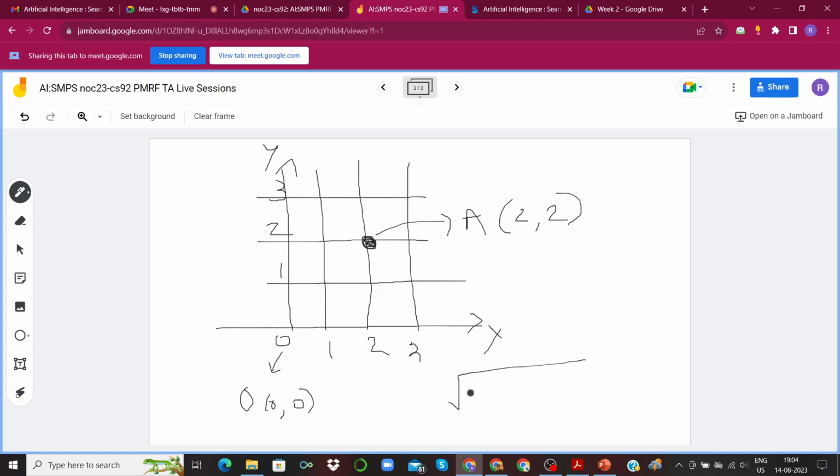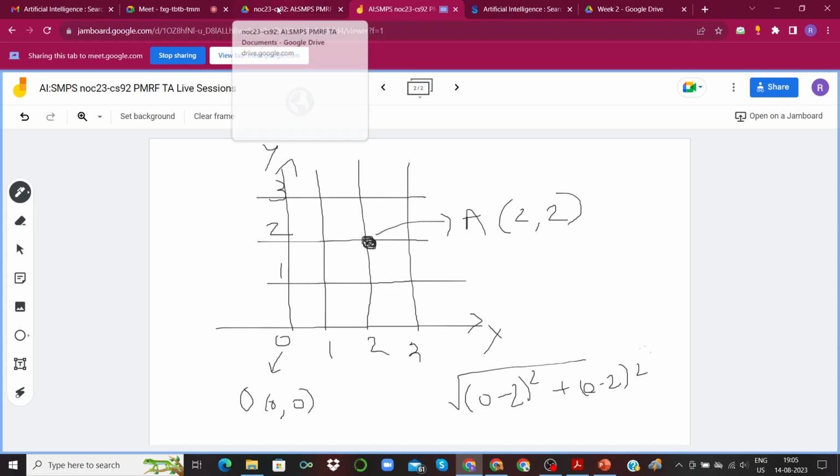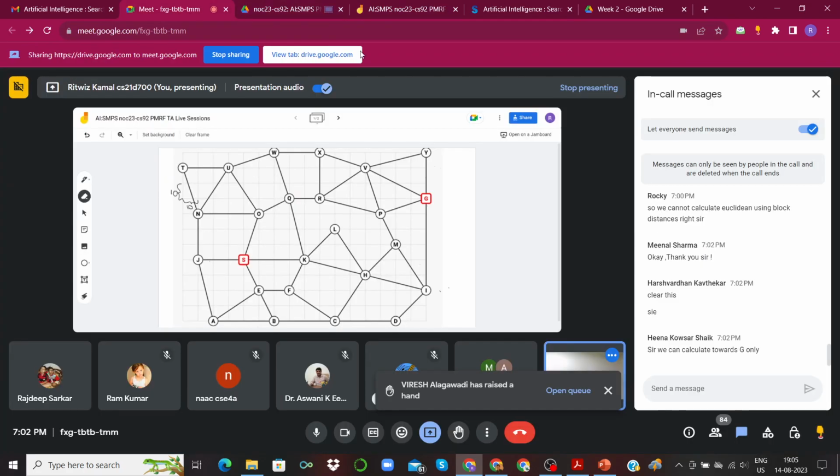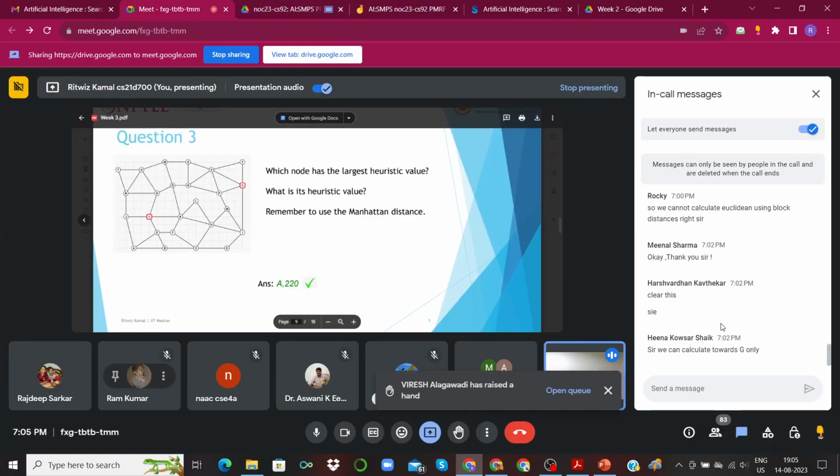So what will be your Euclidean distance? It will be root over (0 minus 2) whole square plus (0 minus 2) whole square. Use any calculator or hand calculate it and you will get the value. That will be your heuristic value if you used a Euclidean distance. I hope that clarifies the doubt about Euclidean and Manhattan distance.